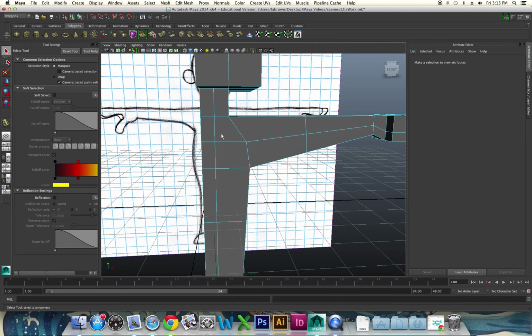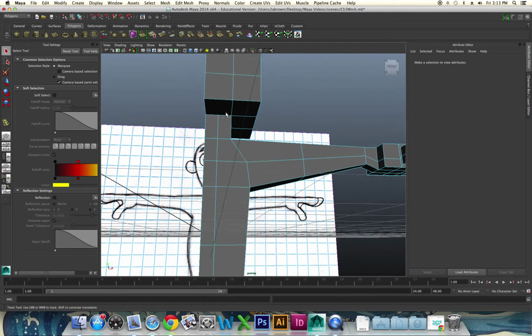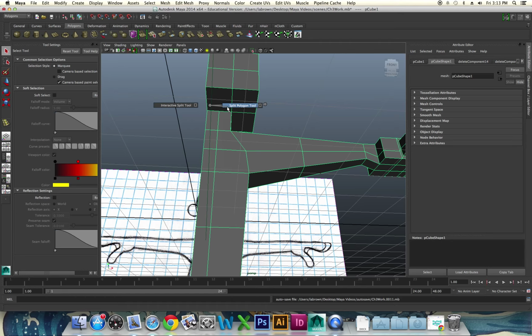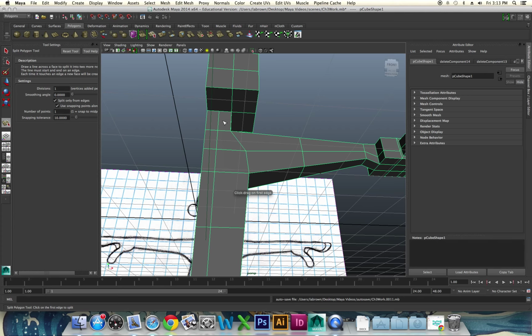So I want to enter the split polygon tool. I want to give him some more geometry up under here where the chin is going to be. The way to do that is to go into object mode and hold down shift and right click on your object, and choose split polygon. You have two options, and in Maya 2015 you have the interactive split tool, or the multi-cut tool. They moved to the interactive split in 2014 and then to the multi-cut in 2015. With the split polygon,